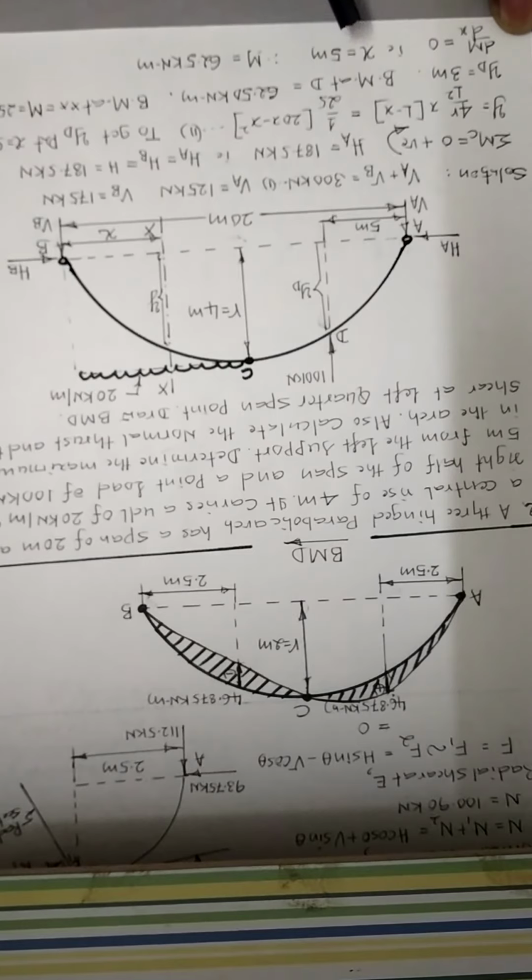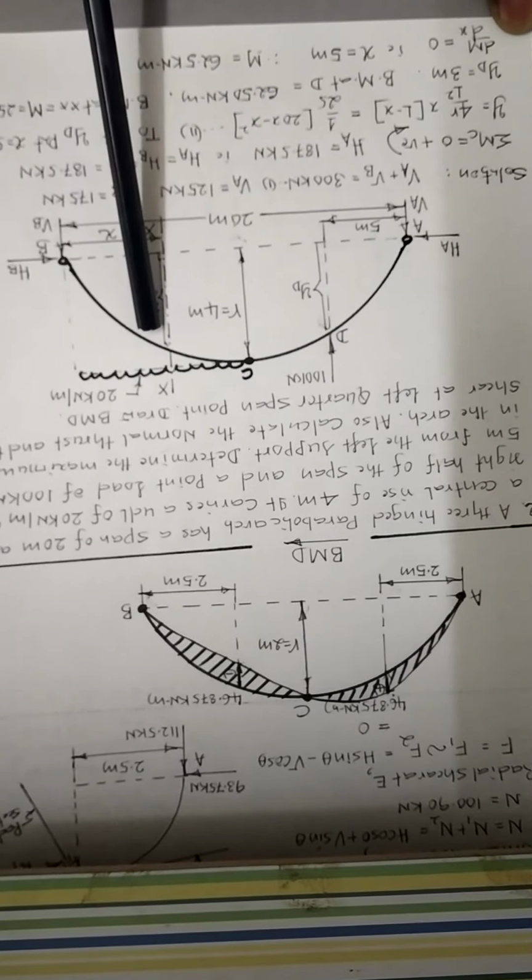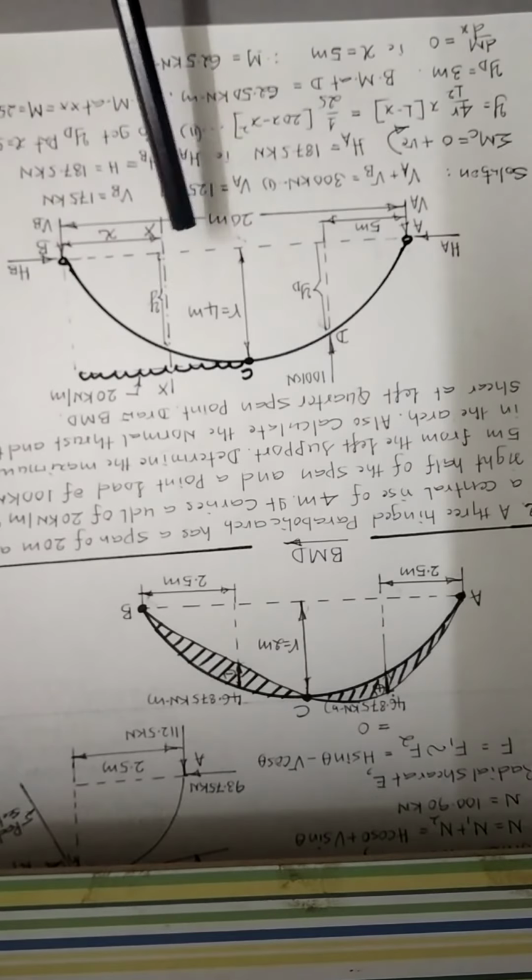After obtaining x, substituting that value of x in equation number 3, calculate the magnitude of bending moment in the right portion. So M works out to be plus 62.5 kilonewton meter. That means in this case, the bending moment obtained at D is positive and at XX is also positive, because generally under the load point the bending moment obtained is positive.